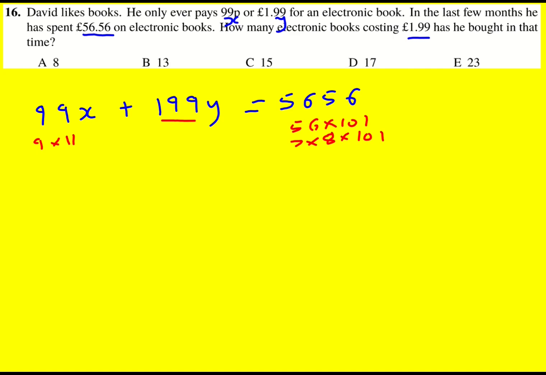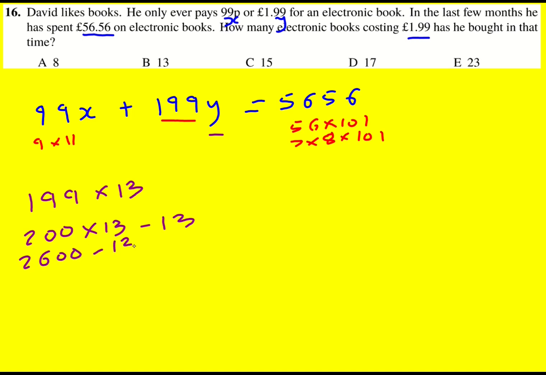You could systematically work your way up and figure it out, but there's got to be better methods, and there is one here. It would be y that we're replacing by these numbers. If you put 8 in, it doesn't quite work, but if you put 13 in, it does. So what we could do is 199 times 13. Basically, we're trying to get x as a whole number, and then we know that that is a solution, and probably the only solution because of the multiple choice scenario. So I could do 200 times 13, which is quite quick to do, and then just minus 13 from it. That's 2,600 minus 13,